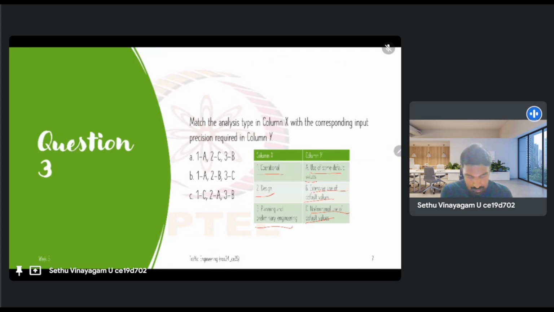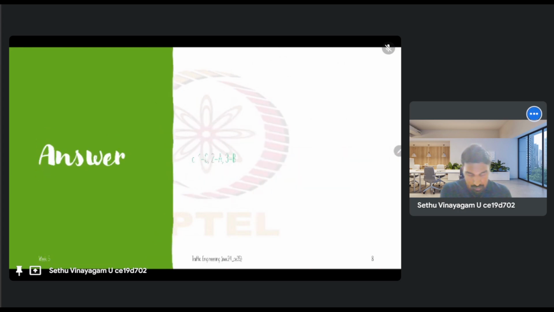Okay, so let's take a look at the answer. So the right answer is option C, where 1 is matched with C, 2 is matched with A, and 3 is matched with B. Okay,